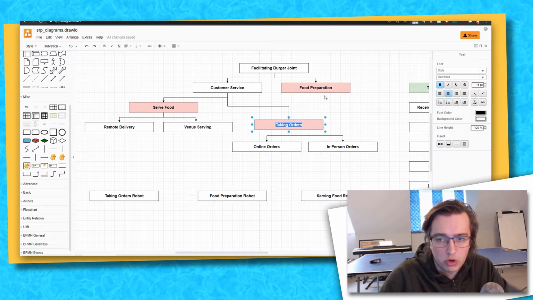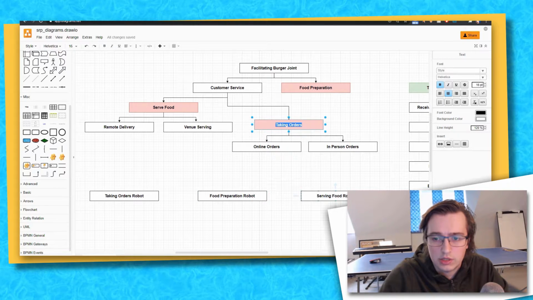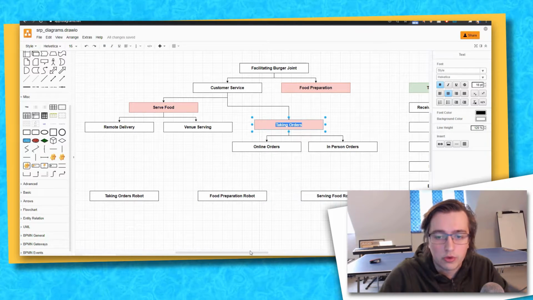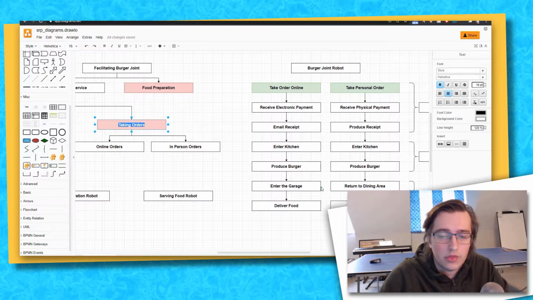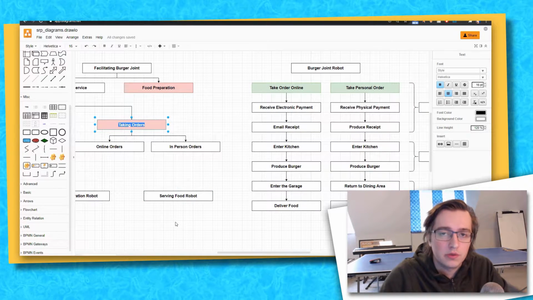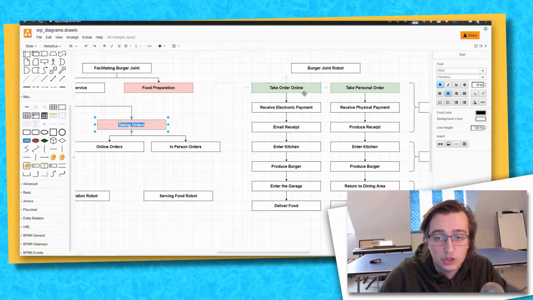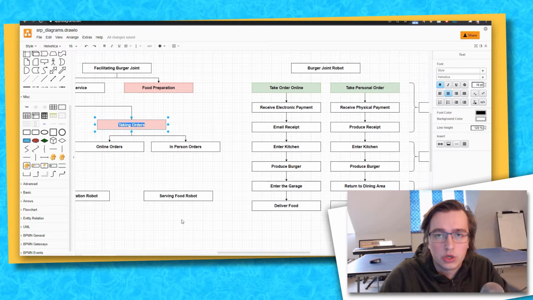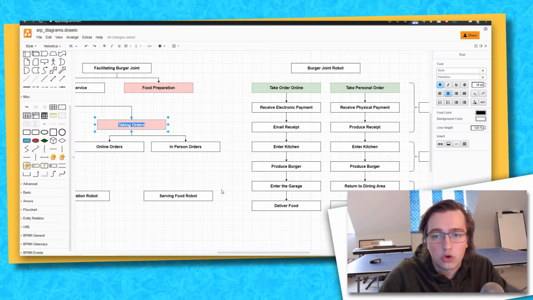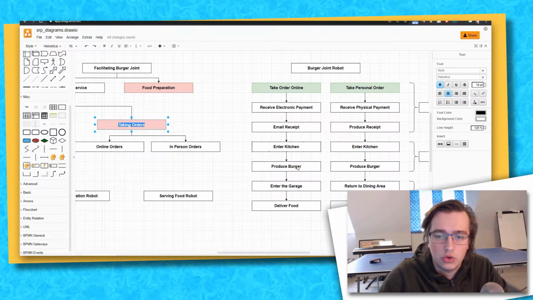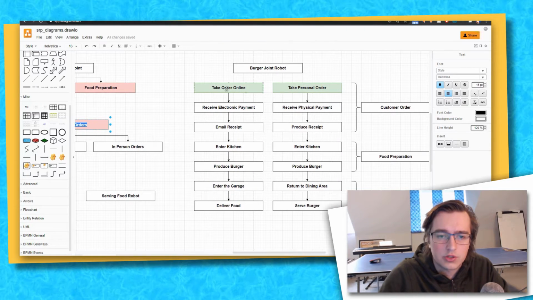The food preparation robot, of course, reflects the particular responsibility that it's going to take on, and the serving food robot. And like the burger joint robot, they too can have multiple buttons, or let's call them entry points, by which you can actually call for action on a particular set of instructions. So we actually have all the individual tasks that make up these